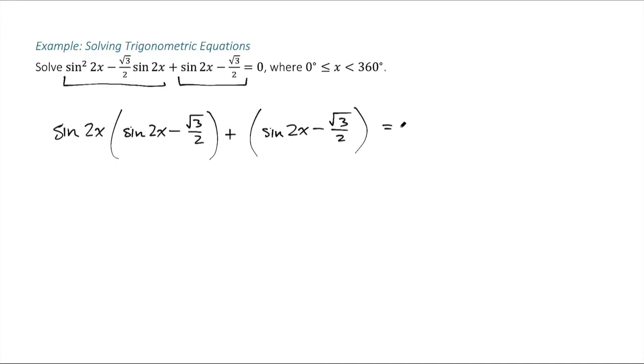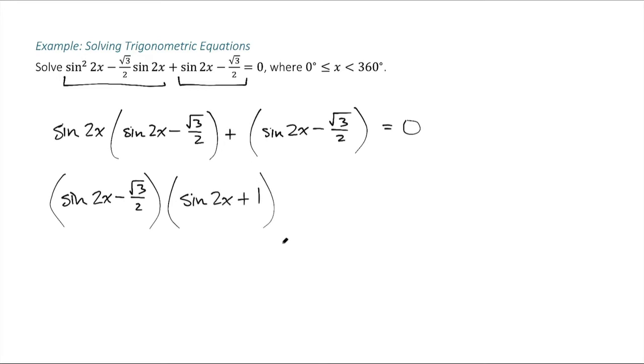so that we see that it's the same. So we can then actually factor this sine of 2x minus root 3 over 2 out completely. So I have sine 2x minus root 3 over 2. I'm factoring that out, and I'm left with a sine of 2x, and then plus 1. All right, so this is my factored form, and now that lets me break this up into two different